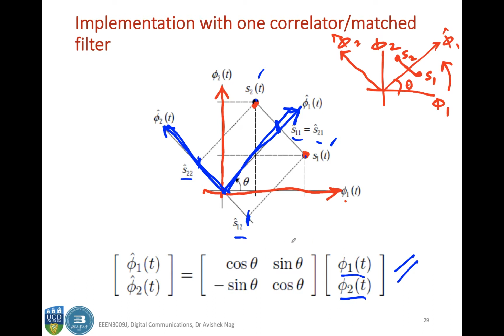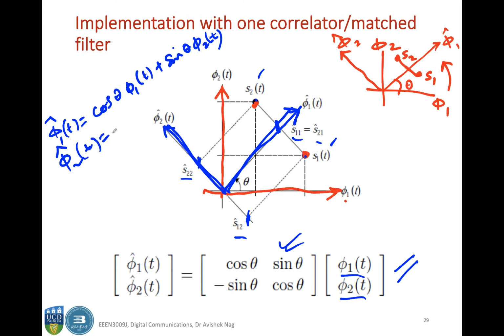If you do this transformation, then you will obtain phi 1 hat and phi 2 hat. So phi 1 hat(t) is nothing but cos theta phi 1(t) plus sin theta phi 2(t), and phi 2 hat(t)